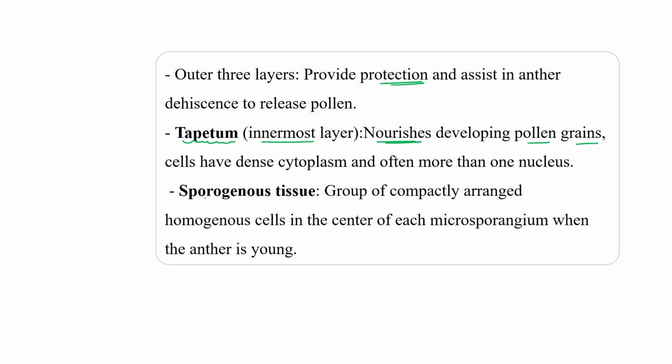Okay, and there is a kind of tissue known as sporogenous tissue, which is a group of compactly arranged homogeneous cells present in the center of each microsporangium when the anther is young. Okay, now let's discuss